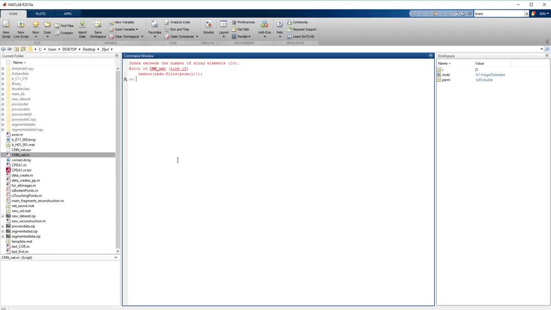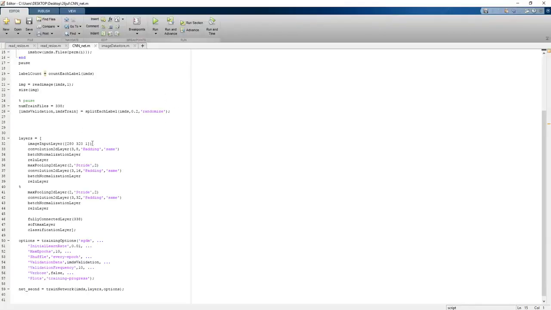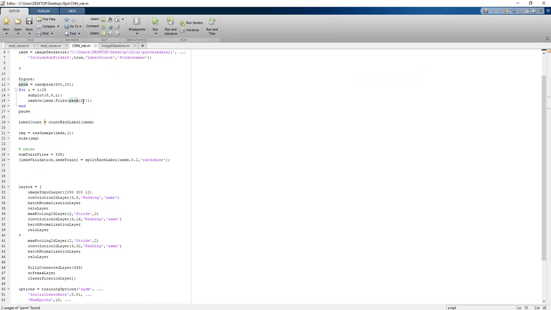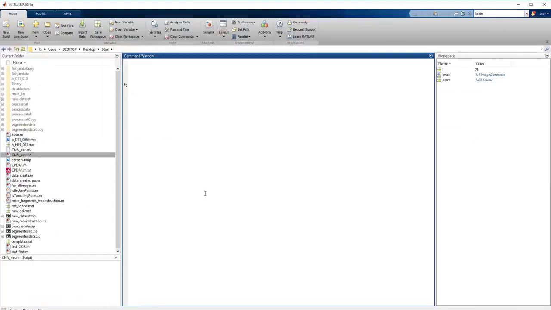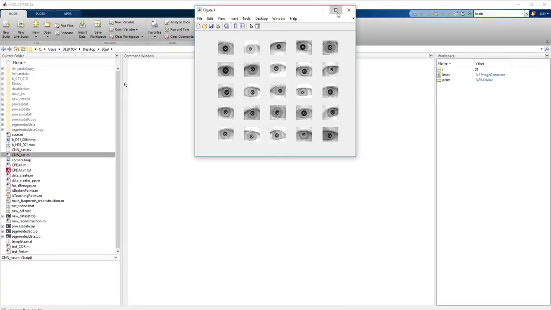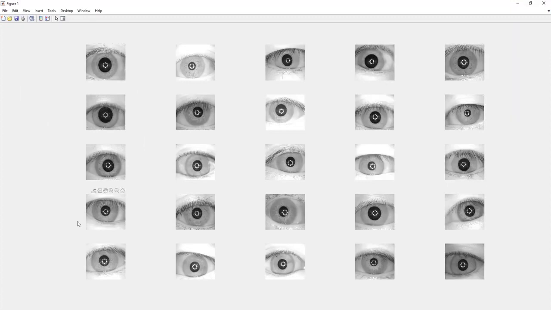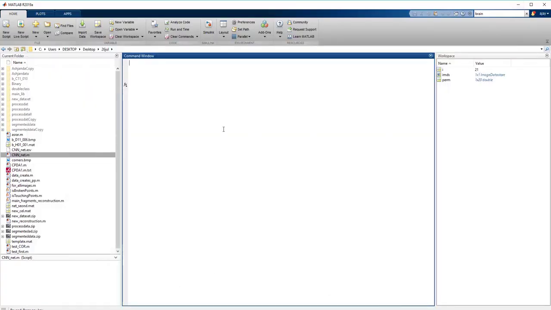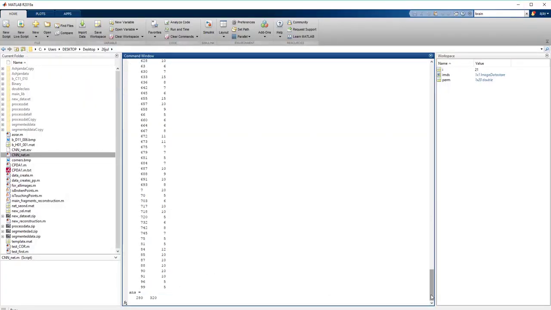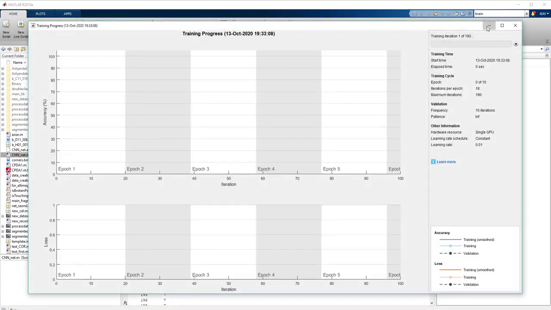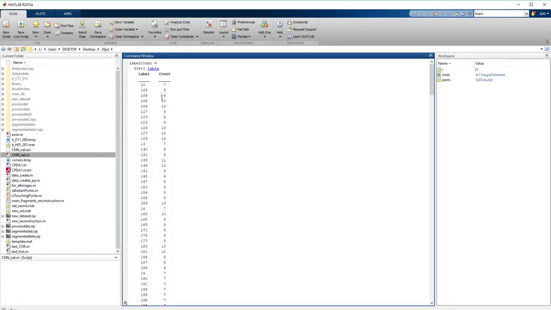Okay, so I got an error, it always happens with me. Image permutation, okay, sorry, I need to put 25 here. So you can see now I am showing you 25 samples of different subjects. As you can see, each iris is uniquely identified. Then I press enter, and now you can see all labels with the number of images in each. The minimum number of images in each folder is 5 and the maximum is around 13, in folder number 159.